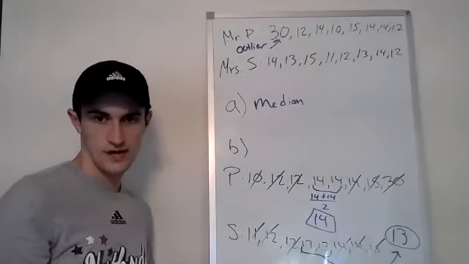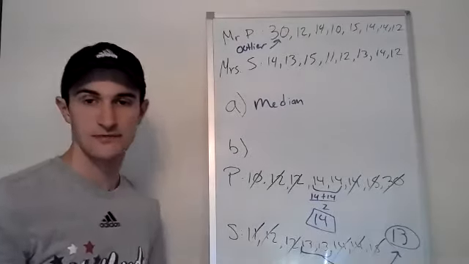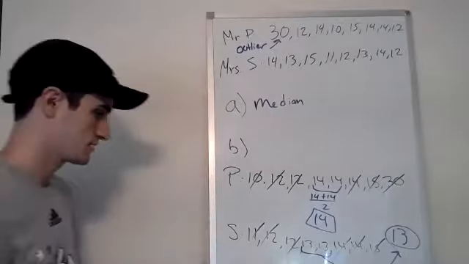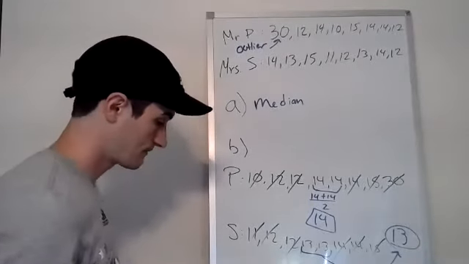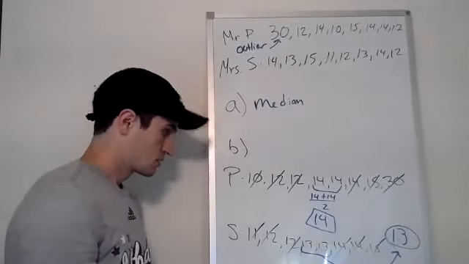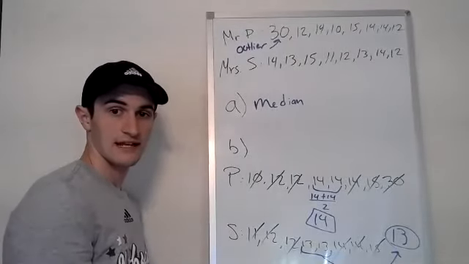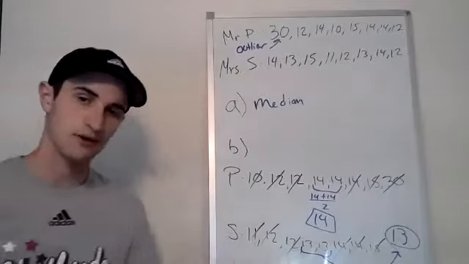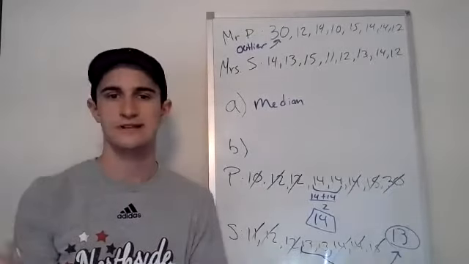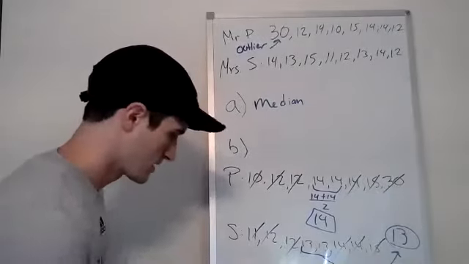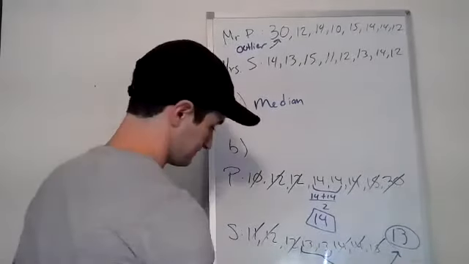That's another one kind of quick at the end there, but that's the process for the problem. I guess for B, compare the two. That's all I had to do. That's the process to find median. It's not any more complicated than that. List them out in order, cross out first and last until you get to the middle, and that's the median. So let's look at example 4 real quick though.